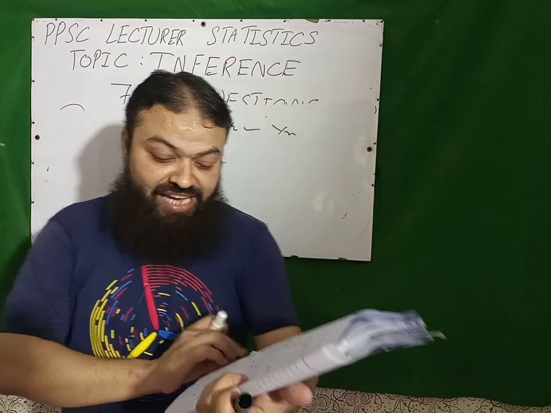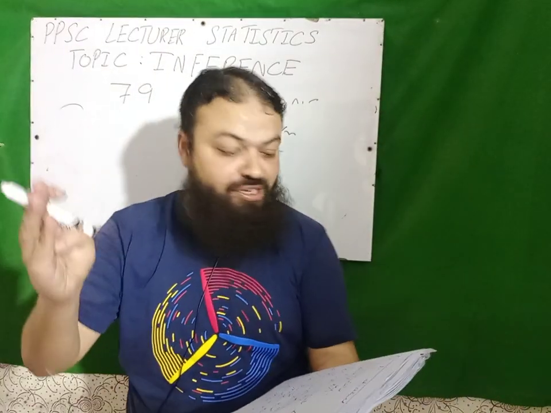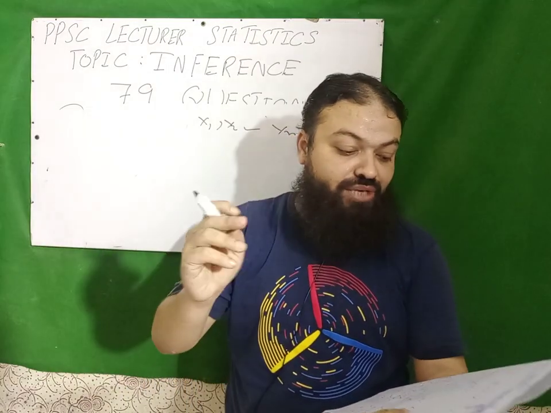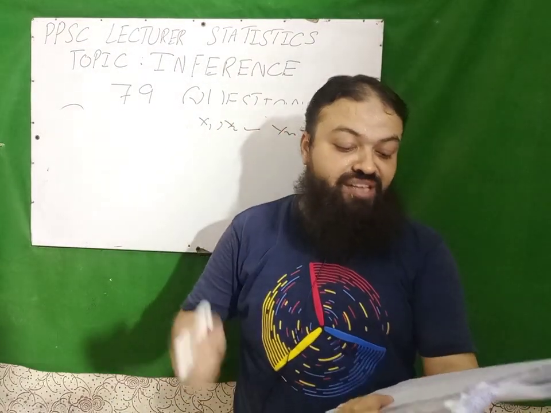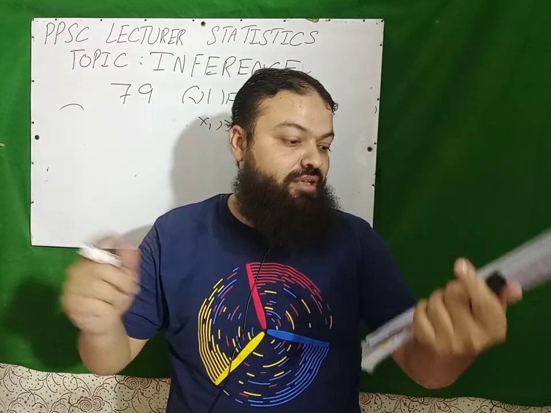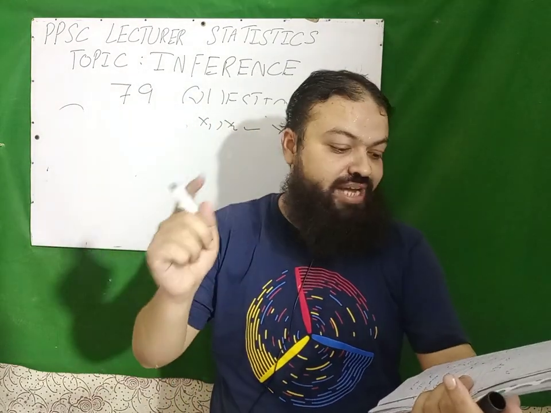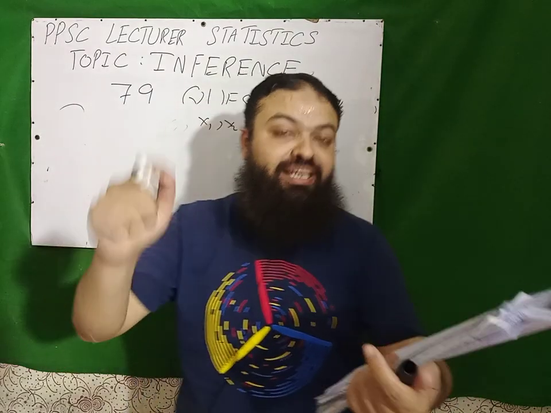The shortest expected confidence interval for mu is obtained by using: standard normal distribution, incorrect; F distribution, incorrect; chi-square, incorrect; T distribution will be the correct one. Next, confidence limits refer to, why do we make the confidence interval? Range and standard deviation, incorrect; median and standard error, incorrect; mode and standard deviation, incorrect; mean and standard error